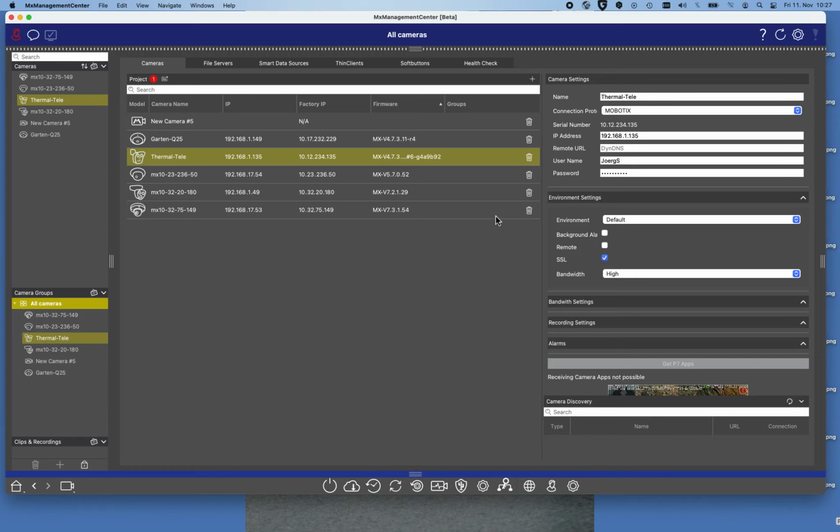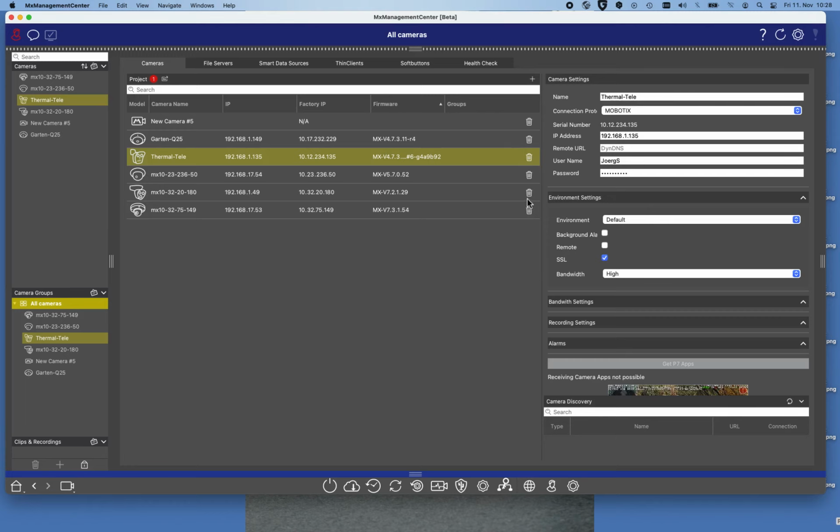With that Camera Manager we have three major parts of the dialog. Let us start here with the center part. Here we have a matrix overview of the existing cameras in my project. This is sorted by the model icon, the camera name, the current camera IP address, the standard factory IP address of the cameras, and very, very important, we now have, thanks to the developers, an overview of the camera software which is installed on the specific camera, and we also have the possibility to delete, to remove a